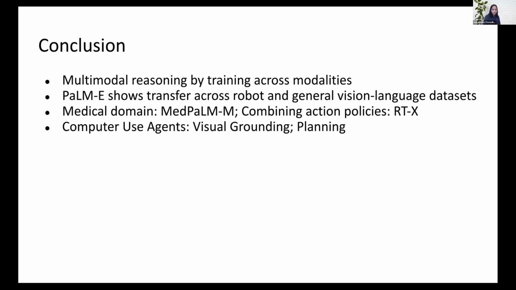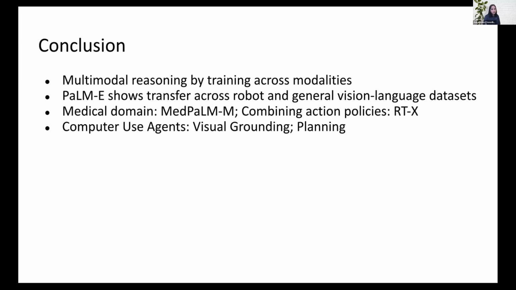And in PaLM-E, we show that the abilities that you're getting from multimodal reasoning also transfer across robot and general visual language datasets. So you're able to get a single model that can reason across, say, robotic environments as well as internet-scale data.